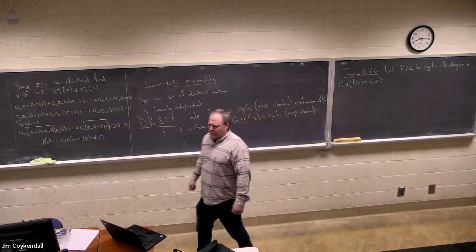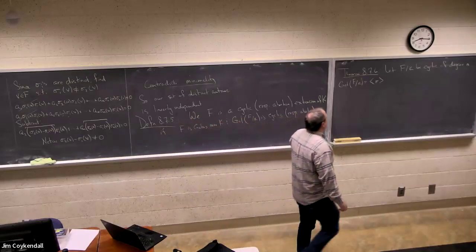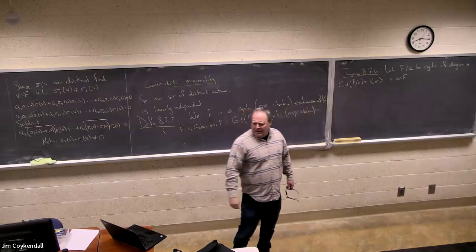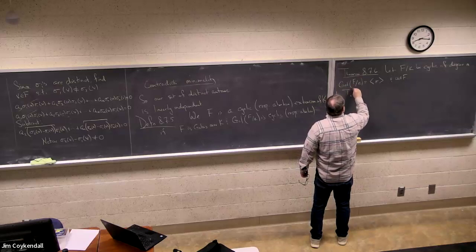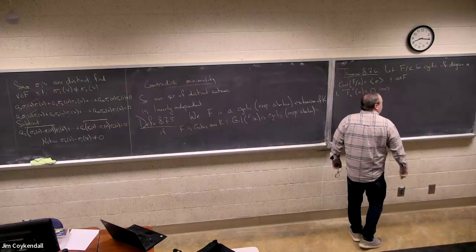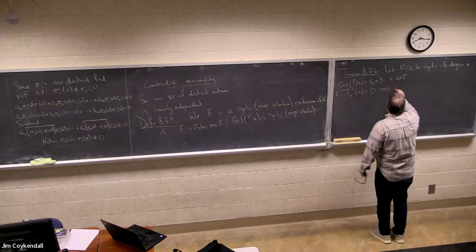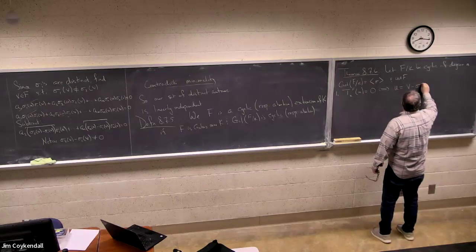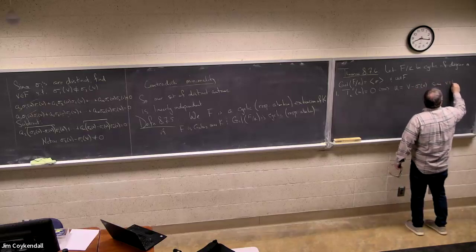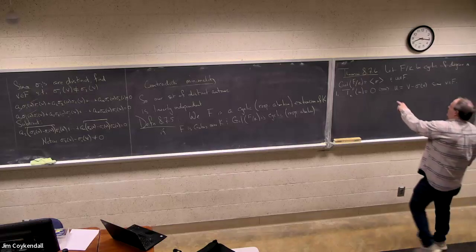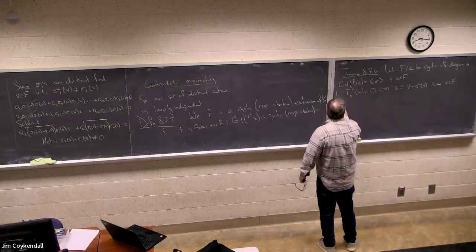We'll let sigma be the generator of the Galois group, and let v be in F. Number one, the trace of u is 0 if and only if u is of the form v minus an automorphic image of v, and not just any automorphic image, one from the generator. That's kind of cool. Two,